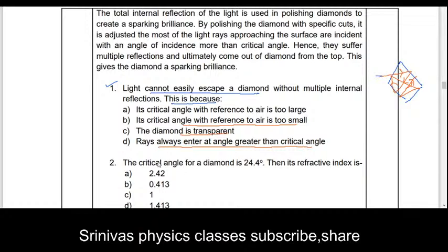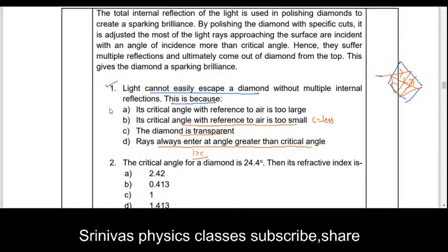Okay, this is our question. Actually, this is also correct. I greater than C means total internal reflection occurs. Critical angle is less. That's why total internal reflection occurs. Okay, and the correct option you have to take,